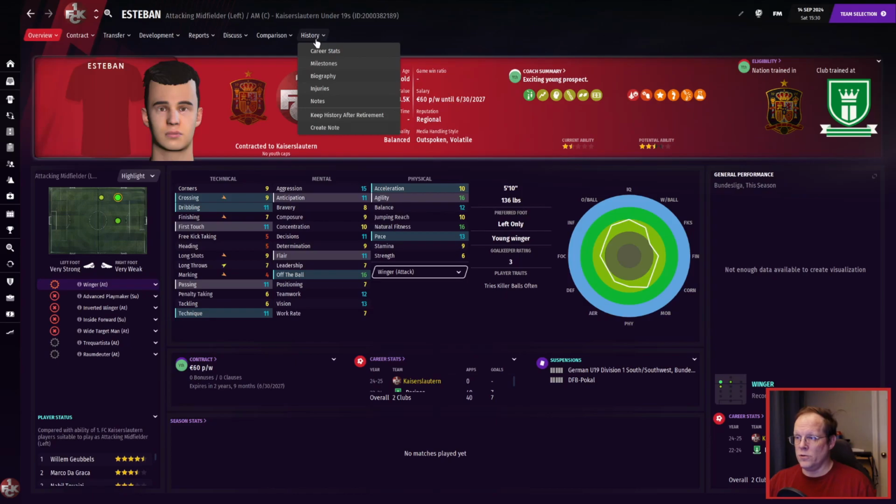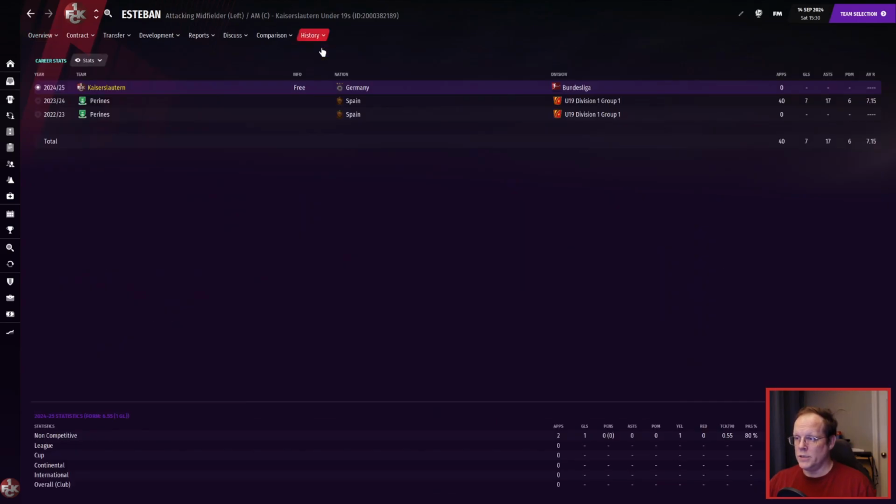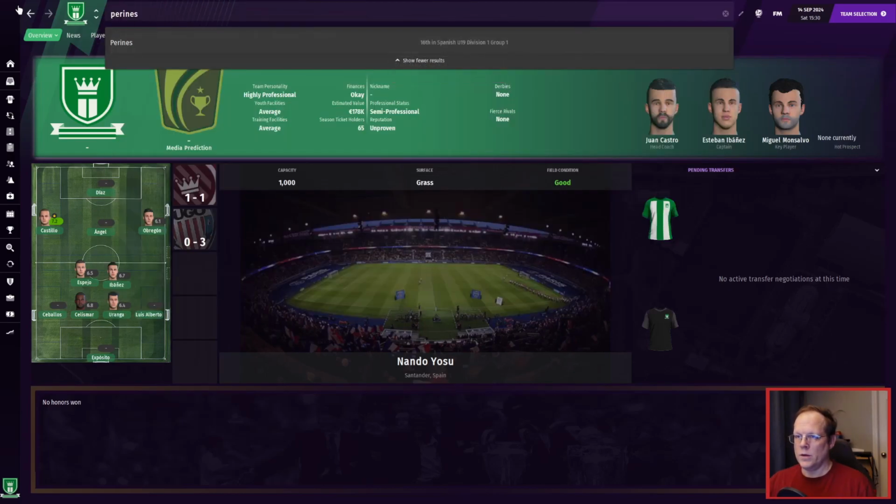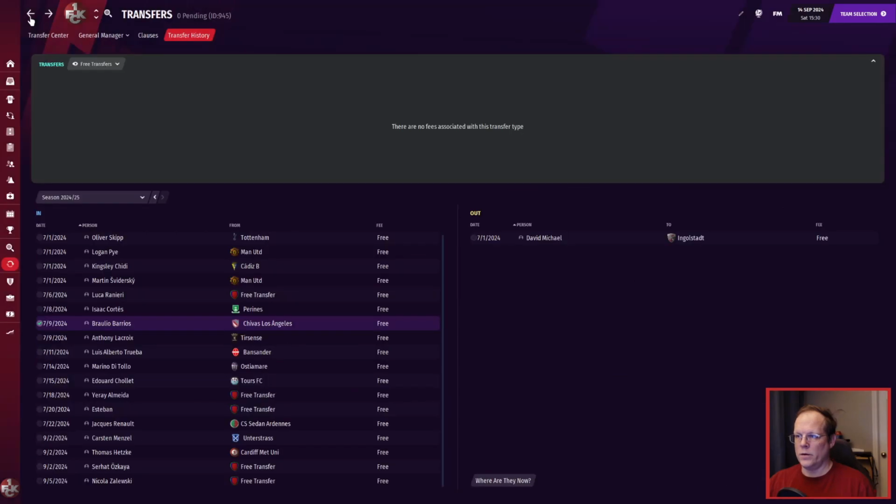Another one of those 16-year-olds who was released. Had a really good season last year in the under-19s for Paranus, Atletico Paranus. Let me see, who is their parent club? I'm not quite sure, to be honest with you. I'm sure there's a way to look it up, but